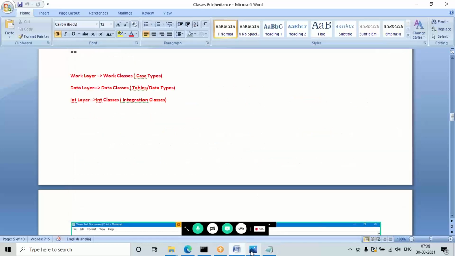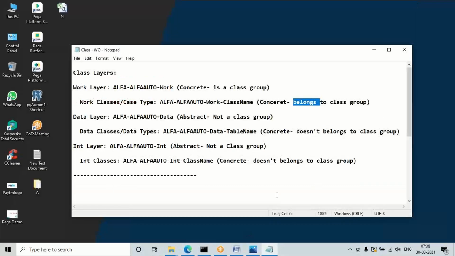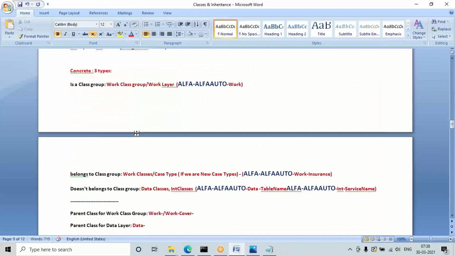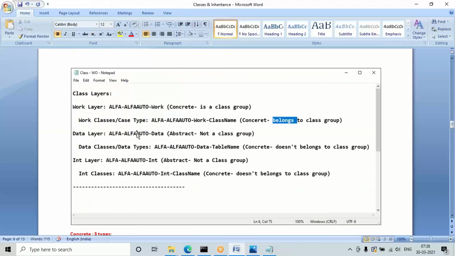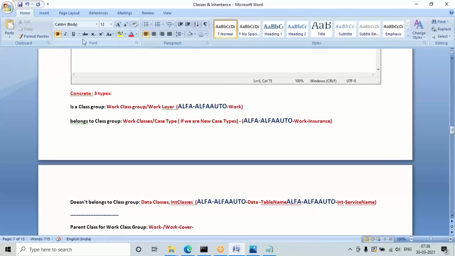The same thing is given here, just in a structured way. In concrete, three types will be there, but in abstract there are no types.